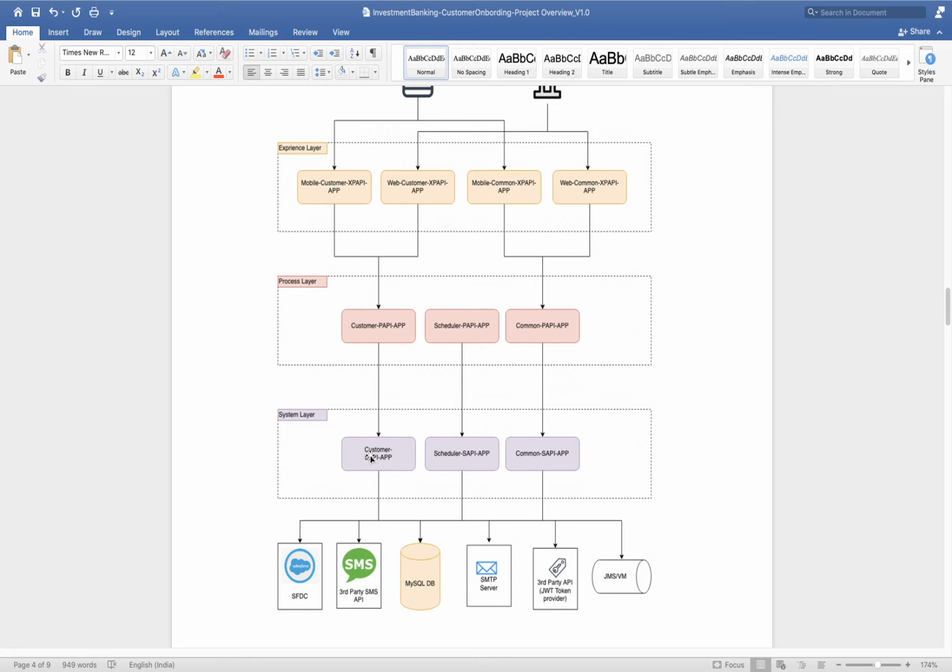But we will have lots of advantages also. For example, this API needs some system API developed here, so this API can directly call that system API. Otherwise, if we do not call this system API, we need to develop the same functionality here also.